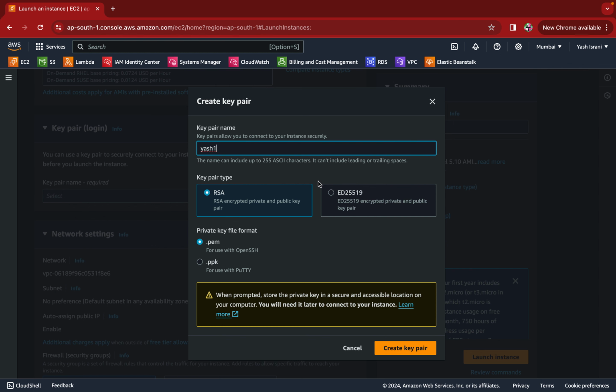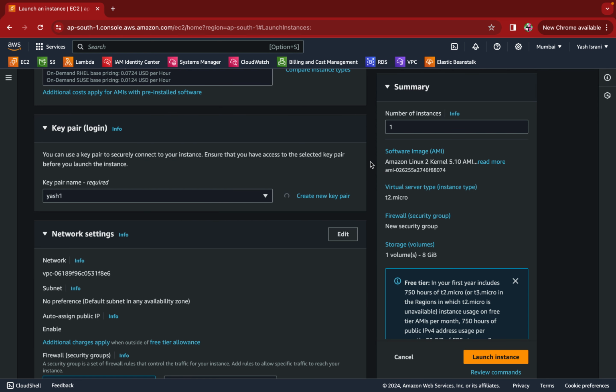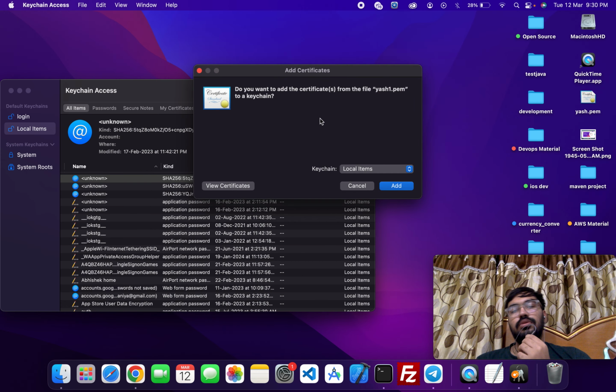Okay, you want to select this RSA, and make it .pem, not .ppk. Okay, create a pem format. Okay, and click here. It will download this. So I will show you that as well. So this is my key pair. So